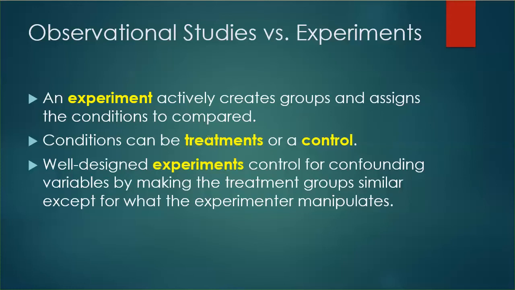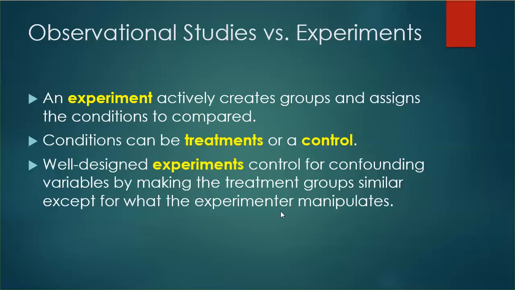And then you could look and see what happens, but you could randomize which kids got the nightlight and which kids slept in the dark. So maybe there were some parents who were nearsighted and some who weren't in the nightlight group, and some parents who were nearsighted and some who weren't in the sleeping in the dark group, and therefore you couldn't say it was the fact that the parent was nearsighted, because you randomly assigned which kids went into which group. So well-designed experiments control for confounding variables by making the treatment groups similar except for what the